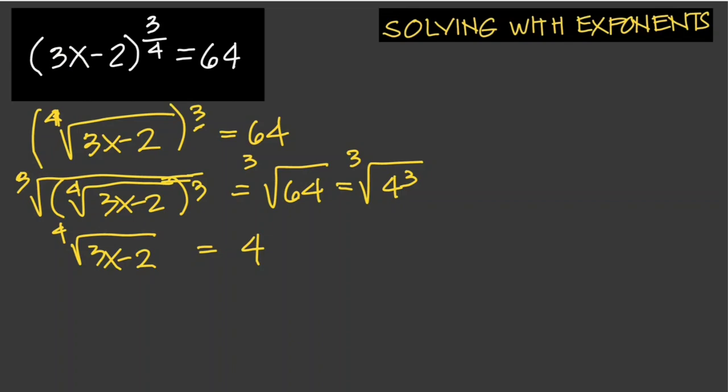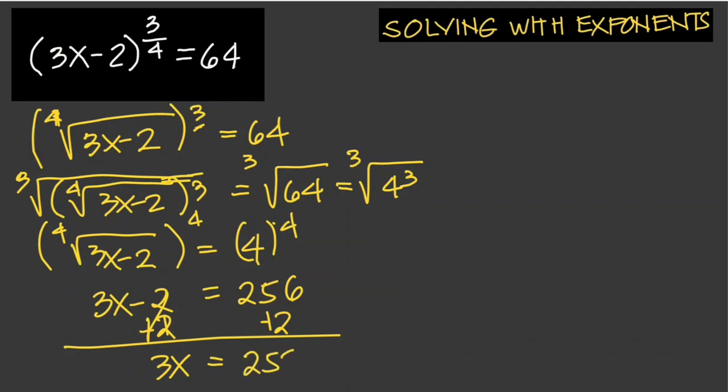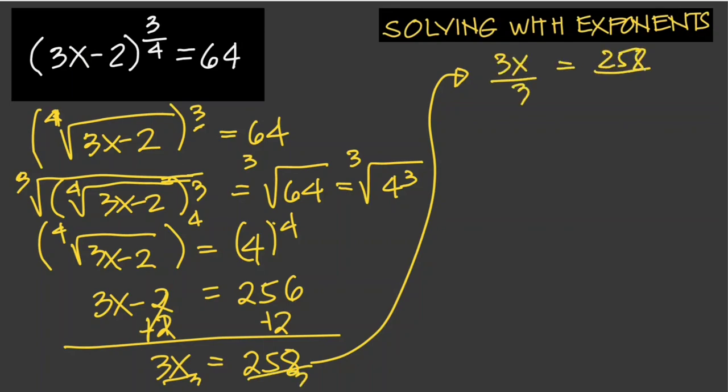Next, our index here is 4, and 4 is even, so we need to check our answers later. So we raise both sides to the power of 4. So we have 3x minus 2, and 4 to the power of 4 is 256. And then we add 2 to both sides. This cancels out, and 3x is equal to 258. Therefore, by dividing both sides by 3, x is just equal to